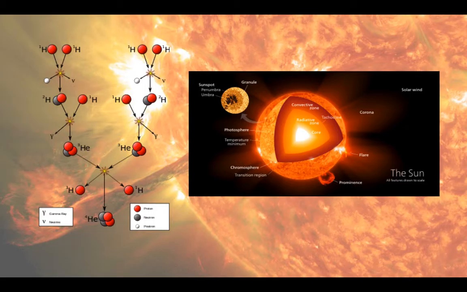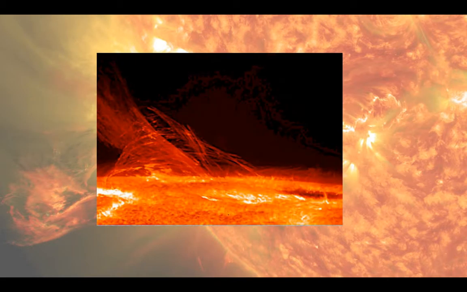Also, throughout the process, many electrons are released as plasma. Over millions of years, these electrons can travel through the layers of the Sun, eventually reaching the photosphere. Here, the magnetic field of the Sun is always rotating. When there is a concentration of magnetic field at one place, a spiral known as a helix forms. Once this helix snaps, a rush of plasma rushes out of the photosphere and into the solar system. This is known as a coronal mass ejection.